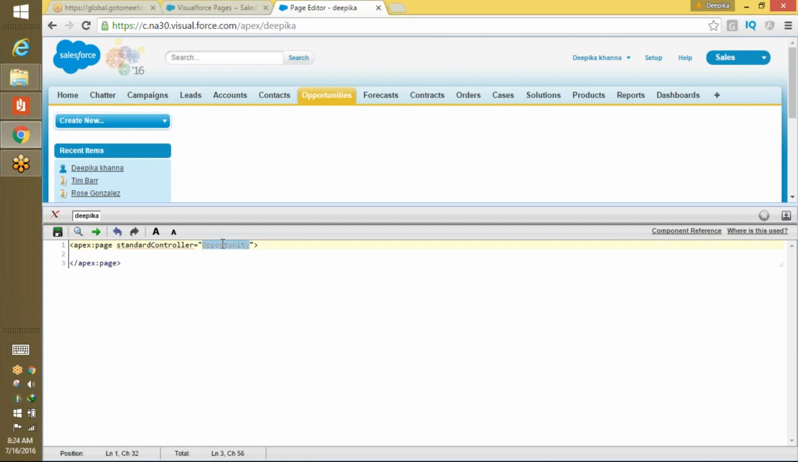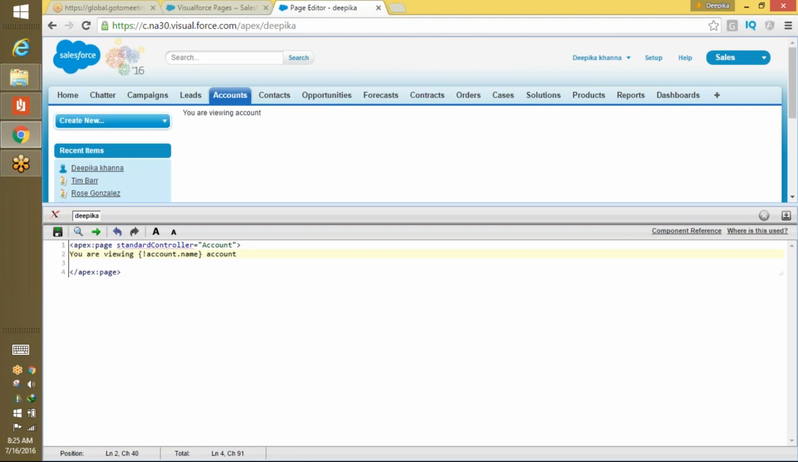Now let's go back to the account object. They know everything about this account object, what is there, what fields it has. If you wanted to fetch a particular record, you can do it. Let's say inside this account object I wanted to display "You are viewing" account.name. Right now you're viewing this particular account,